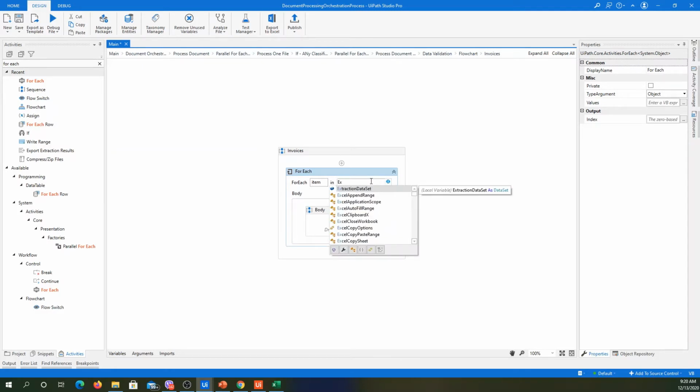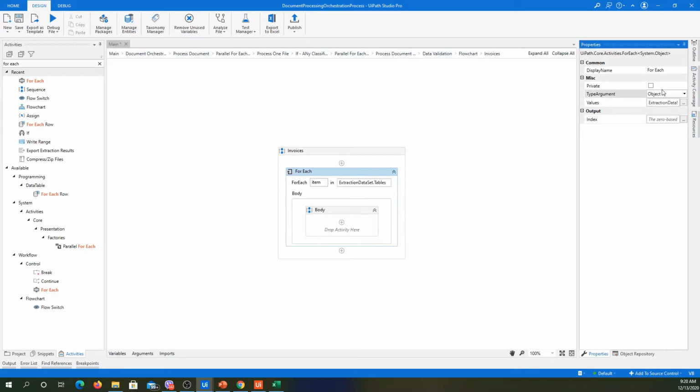Extracted data set dot tables, and the type of that is going to be data table, extract dt, and for each data table